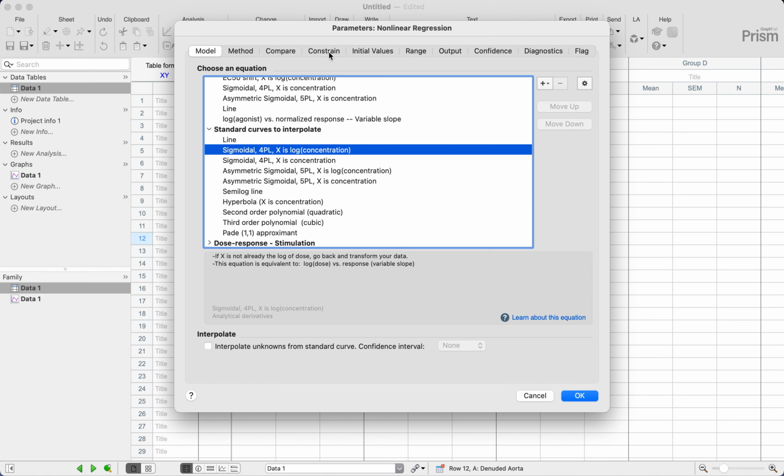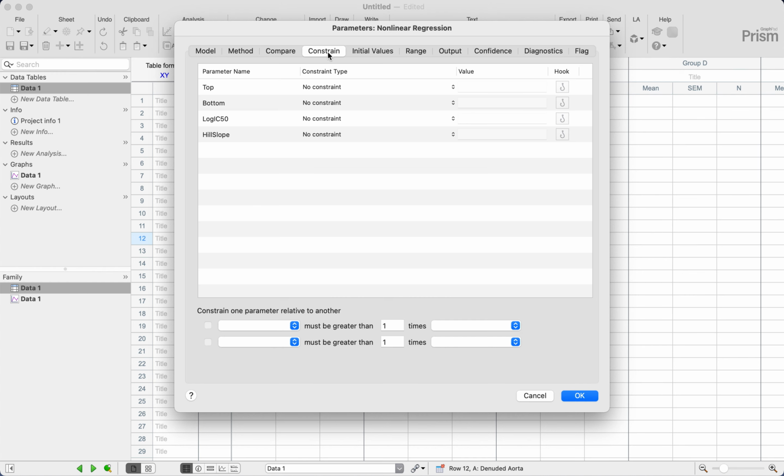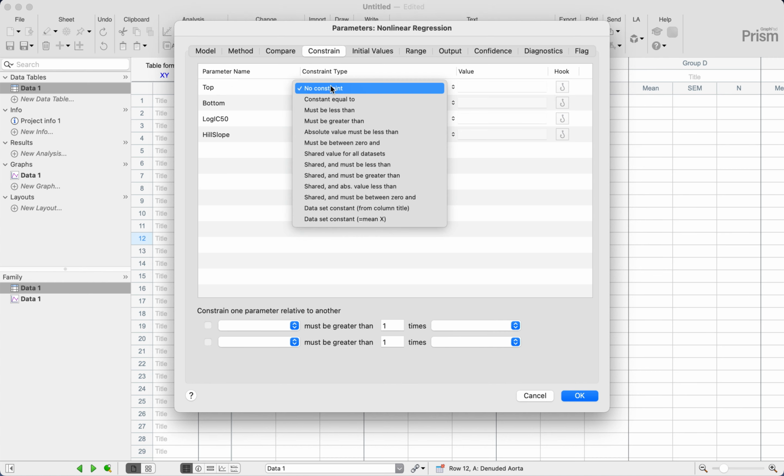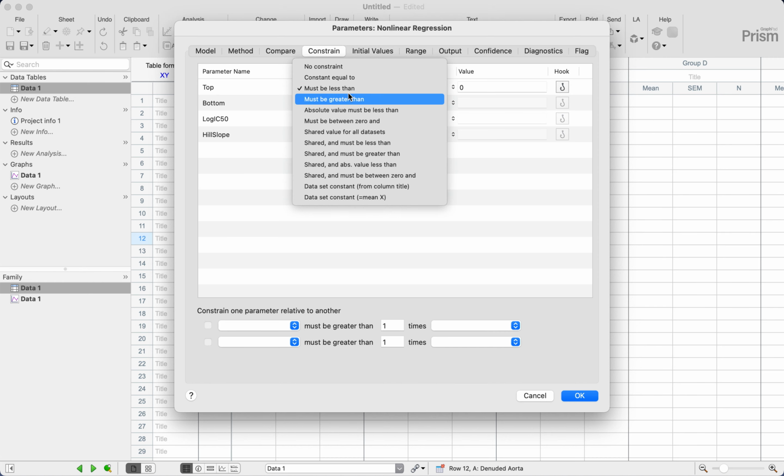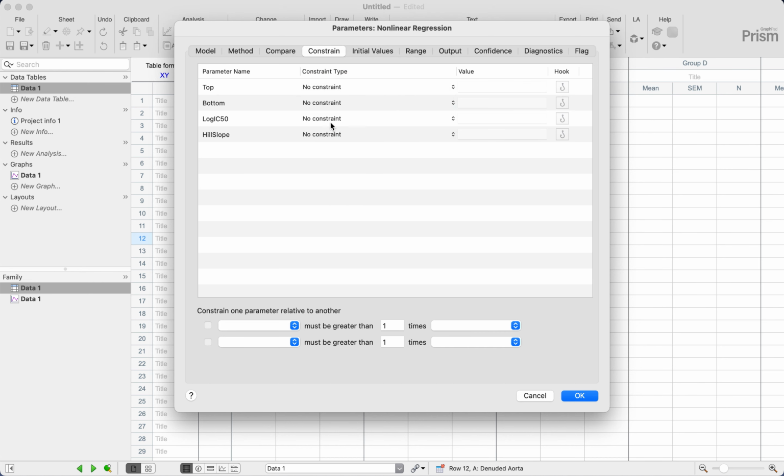You can add constraints to your curve. You go to Constraint here, and then you can set your top value to be less than a certain value or equal to some value. If you want it to be less than a certain value, you click that and then set that value. But in my case, I don't need to do this, so no constraint for every parameter. So you want to press OK,